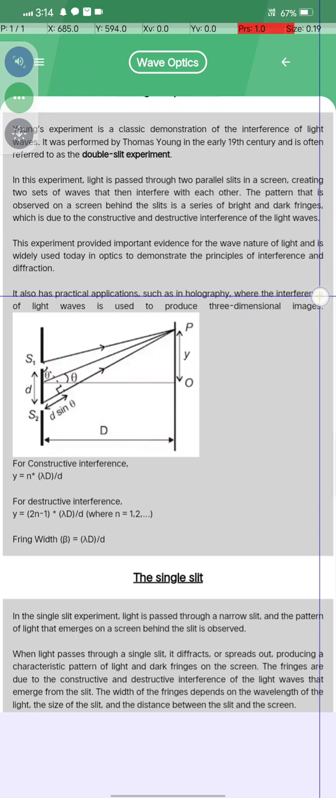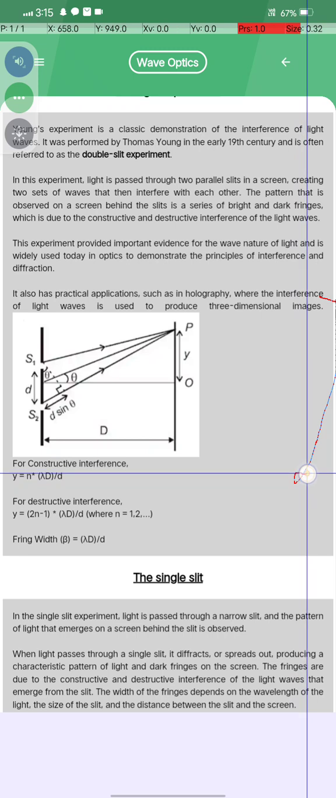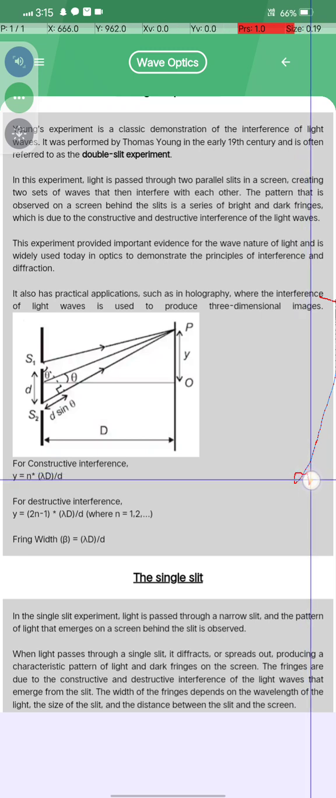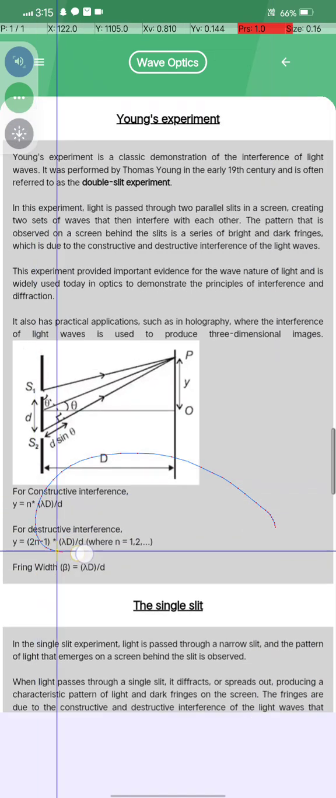It also has practical applications such as holography, where the interference of light is used to produce three-dimensional images. जो यहाँ पे दे रखा है, for constructive y is equal to n lambda D by d and so on. ओके, ये पूरा फार्मूला है, इसको ध्यान रख लें।